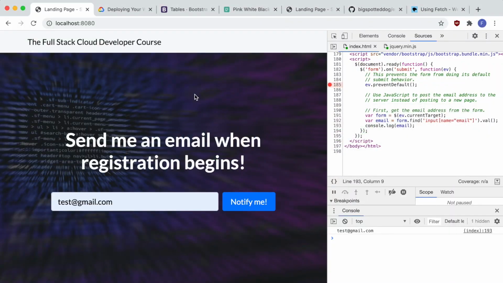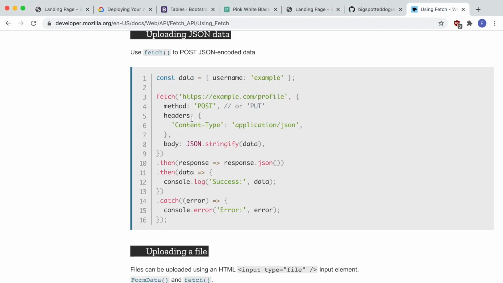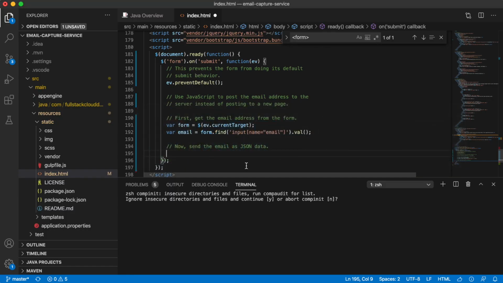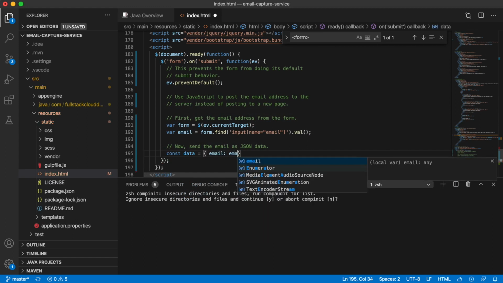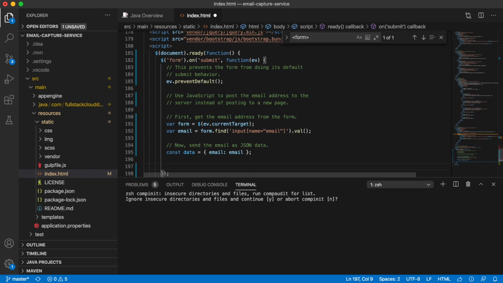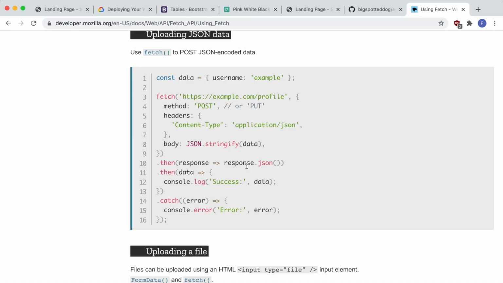Okay, let's go back to MDN, which we have, and we're going to go ahead and copy this. And that's kind of what we want there, so data, username. And one of the things to do when you're learning is don't just copy and paste. Let's just go ahead and type it out, because then we'll build muscle memory, and we're also learning, because copy and paste has a lot of statements in there that we wouldn't even remember that we pasted in. But by typing it straight out, we're going to learn, and we're going to build muscle memory on JavaScript and